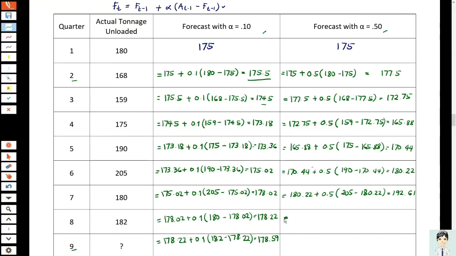Next, for the eighth quarter, 192.61 plus 0.5, 180 minus 192.61 is equals to